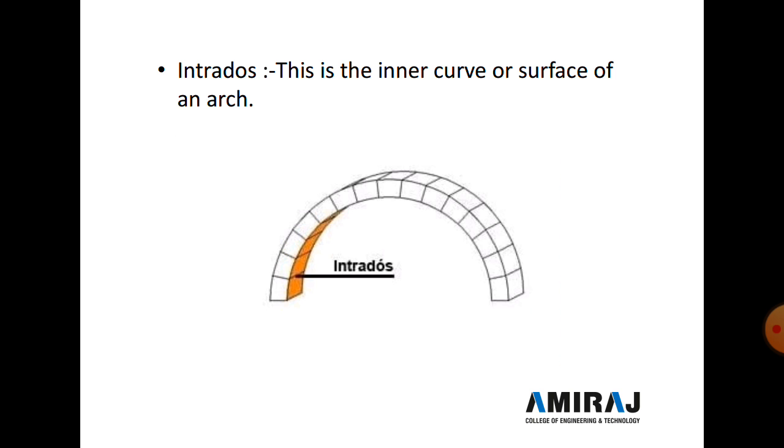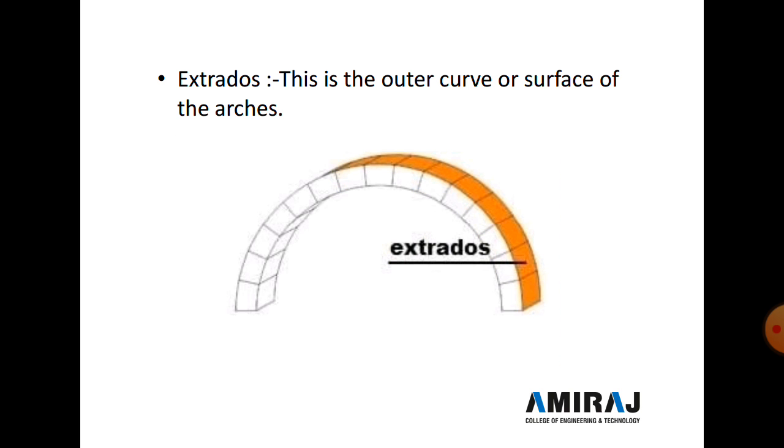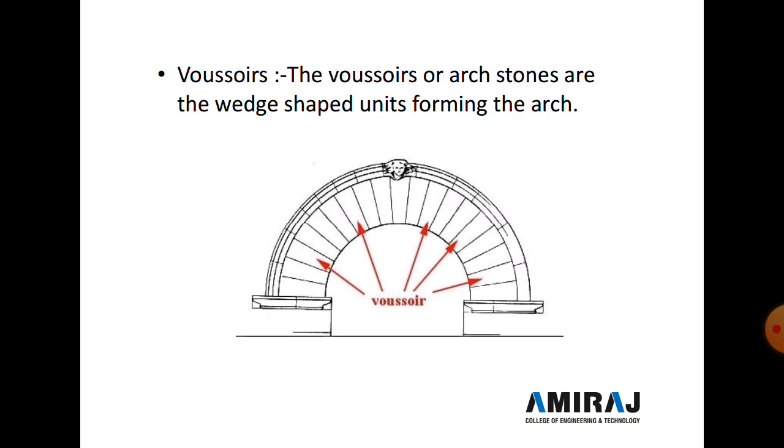So the inside portion, the inner part of the curvature, is called the intrados. Now the next technical term is the extrados. This is the outer curvature surface of the arch, called the extrados. The yellow shade shows the extrados. It's the outer part of the curvature, and it is directly connected with the brickwork or stonework above the opening area.